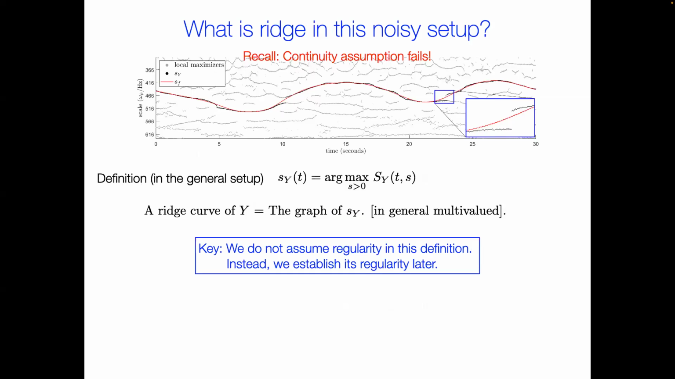Now, what is ridge? I have the sufficient definition, and the definition is very simple. As I told you, the regularity assumption might be too much, so we simply put this as a definition. It is the scalogram of the random process, and at each time I find the argmax. So in the end, the so-called ridge under this assumption is the graph of a function which might be multi-valued,